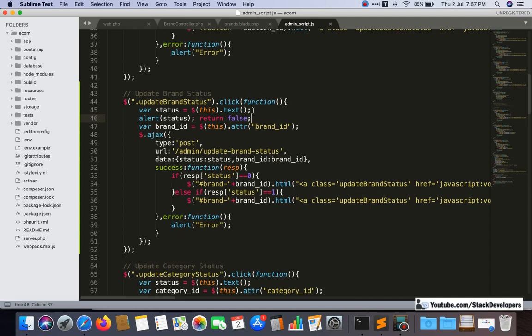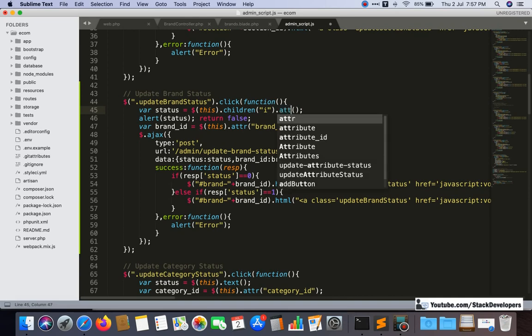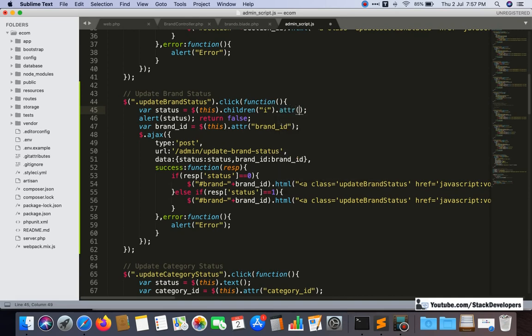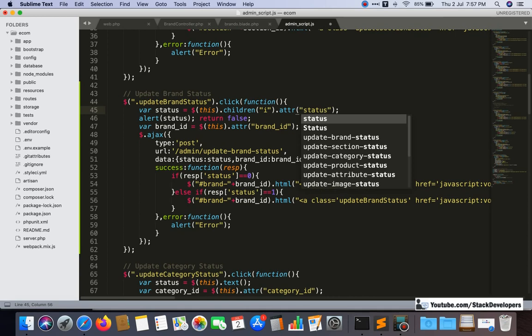So for getting this one, we need to get it from its children attribute. So we will write its children, like this, children. And we are getting from the I attribute, this is the I attribute, like this. And we are getting the attribute, and the attribute is status, like this.